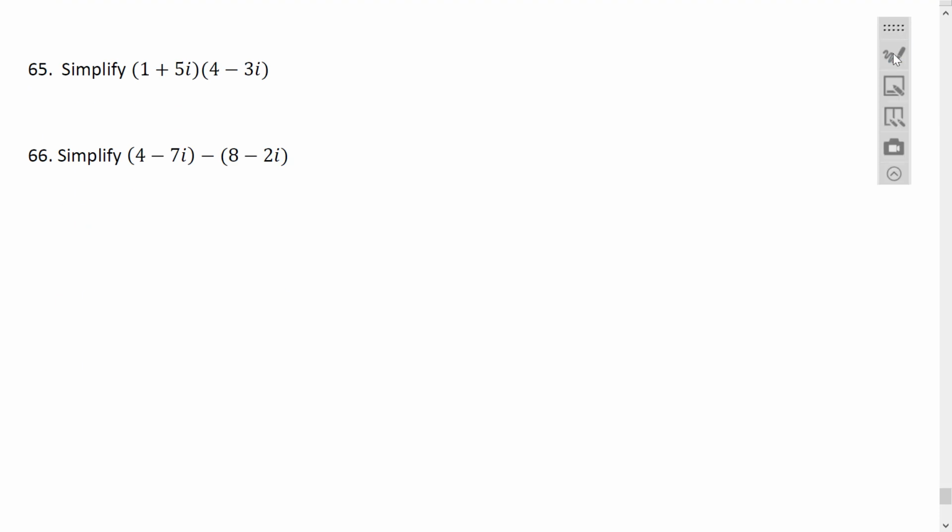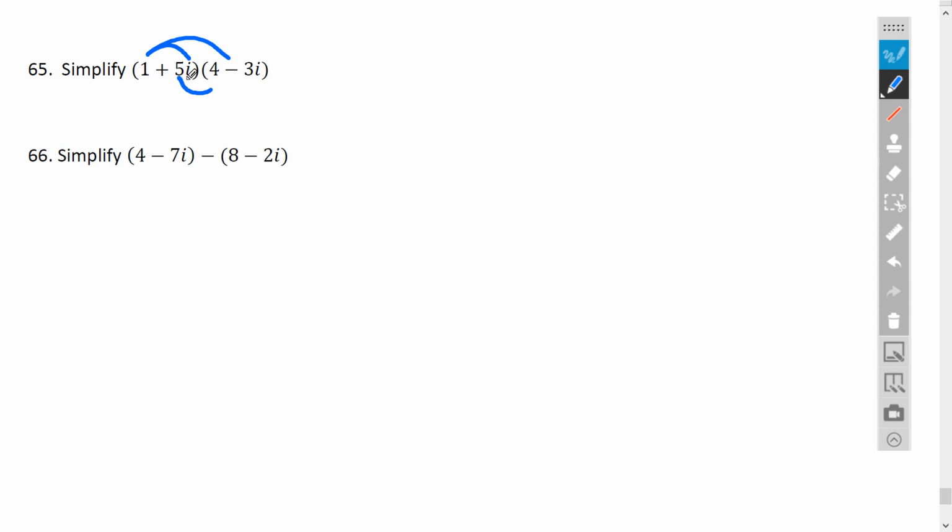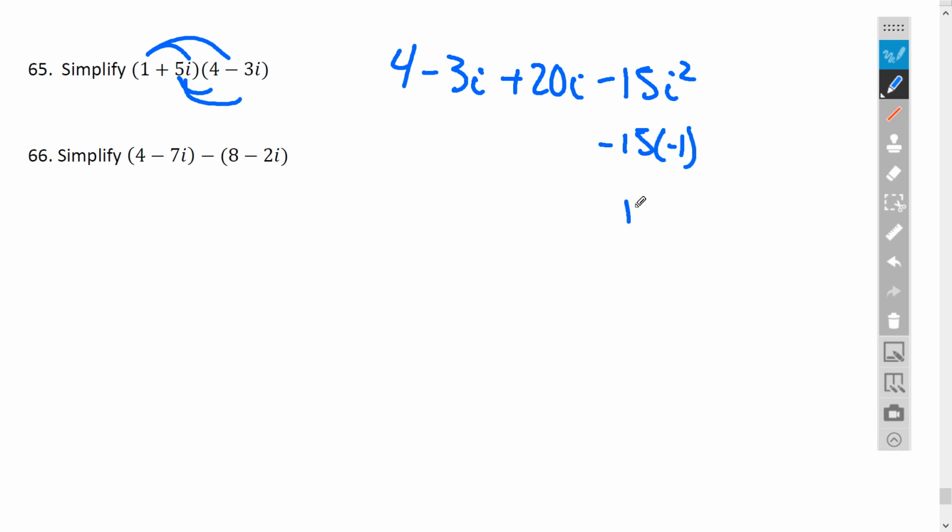65, now these ones are not complex conjugates, so they are just going to be a complex number. 1 times 4 is 4, 1 times negative 3i is negative 3i, 5i times 4 is 20i, 5i times negative 3i is negative 15i squared. Okay, so remember i squared is just negative 1, so it's negative 15 times negative 1, which is